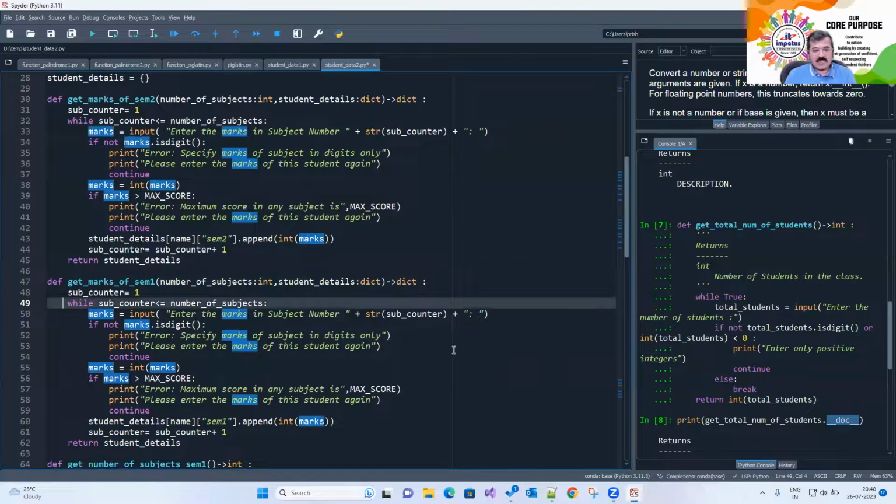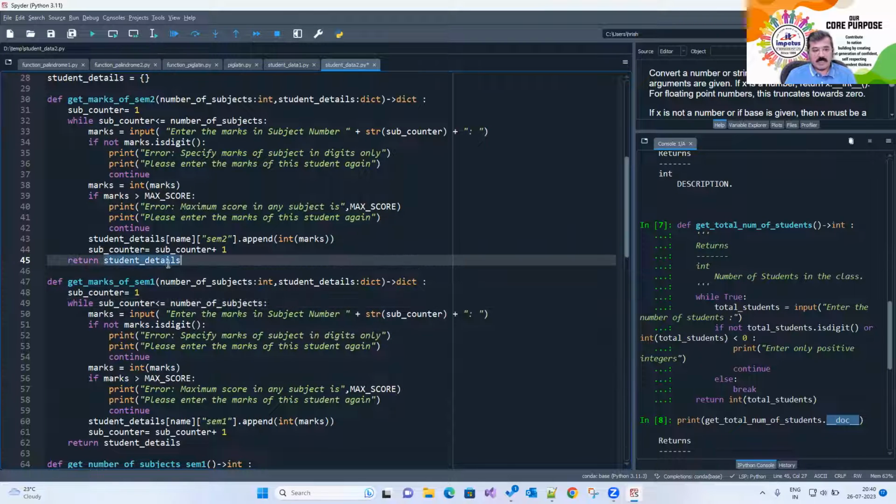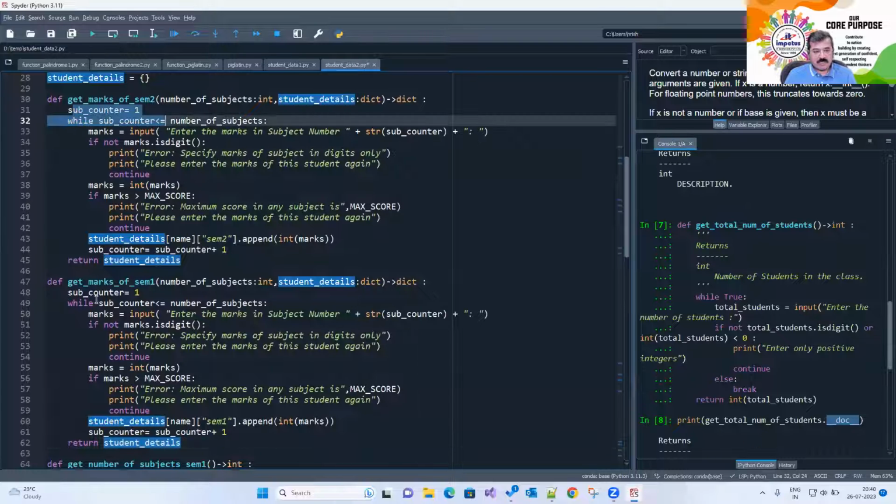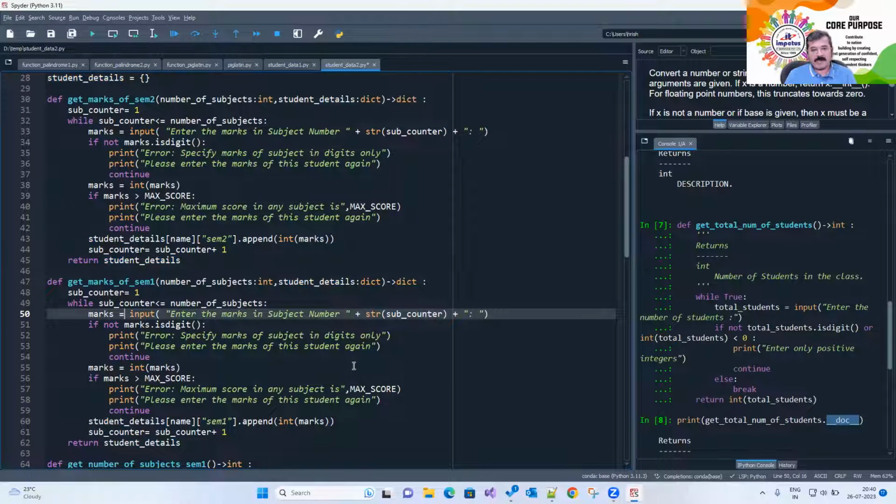बताओ तो डिफरेंस कहाँ आ रहा है इस कोड में, बताइए, कहाँ डिफरेंस आ रहा है। यहाँ भी स्टूडेंट डिटेल रिटर्न कर रहे हैं, यहाँ भी स्टूडेंट डिटेल रिटर्न कर रहे हैं। सब्जेक्ट काउंटर 1, सब्जेक्ट काउंटर 1, नंबर ऑफ सब्जेक्ट, सब कुछ तो एक जैसा है, डिफरेंस कहाँ है। नहीं है डिफरेंस। तो दो फंक्शंस के पीछे ओके। आपने कोड तो लिखा सही, बट ये भूल गए।